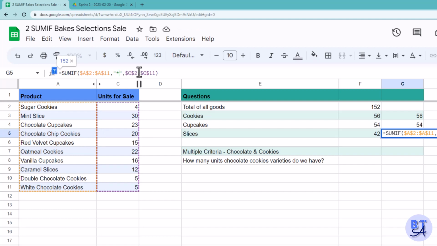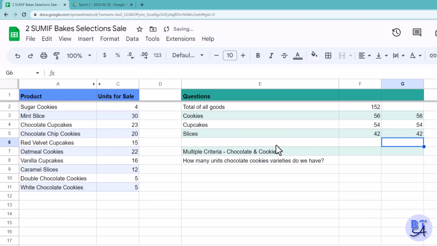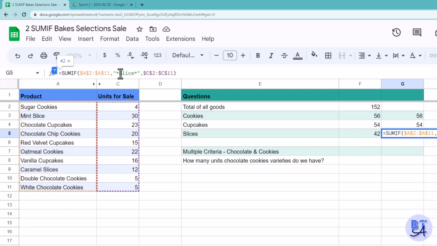So let's write slice and asterisk, enter. The reason we did this is because we have minced slice, but we also have caramel slices. So the asterisk is a wildcard before slice and after slice, so it will also look up slices.